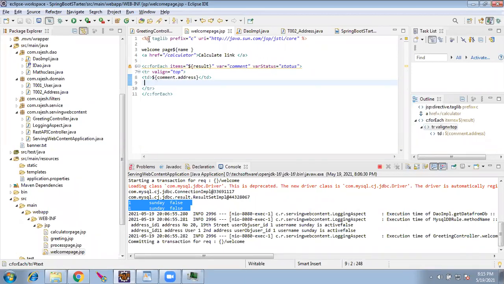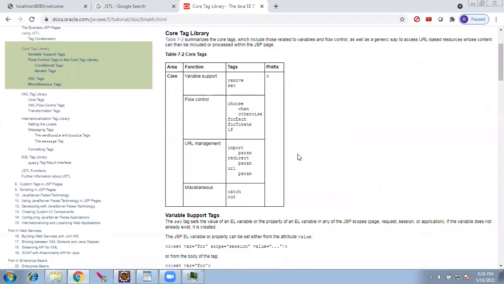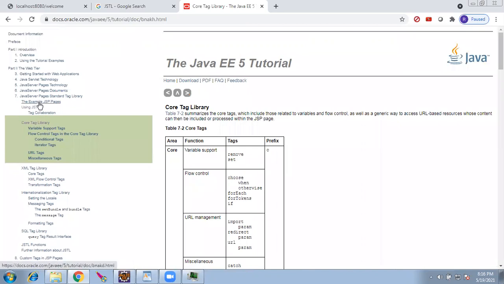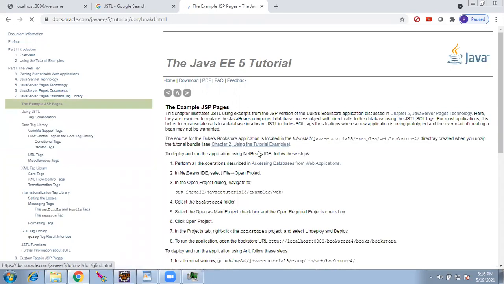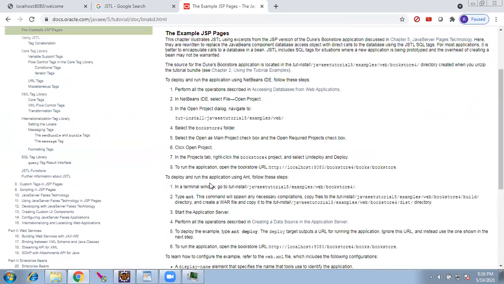Okay, after I have given this, it is very simple now. I give a forEach, which is the same as a Java for loop. For start value, condition checking, increment, the same way we give here the forEach.